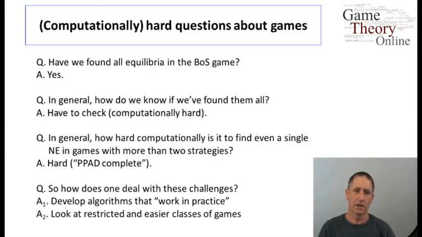So in general, there are two types of answers. One is we find solutions that are good enough. We look for algorithms that work well in practice, in situations of interest. The alternative is to restrict the space of problems: rather than look at all possible games, look at a smaller set. We already saw that in 2 by 2 games, the situation is simple. Well, maybe there are situations that are not as constrained as that, but still give rise to tractable algorithms. And as I said, that's a big area of interest, which we won't at this point get into in detail.